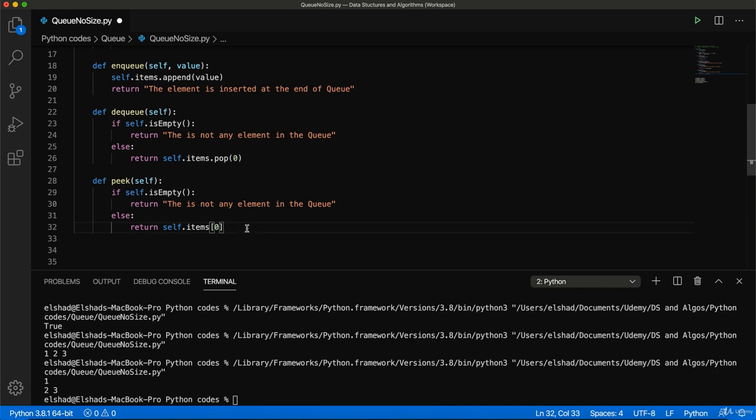That's why it takes O(1) time complexity. Now the space complexity is also O(1) because here an additional memory is not required to perform this method. Now finally, the last method is